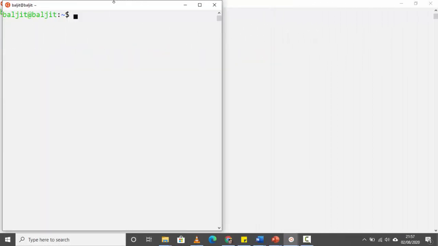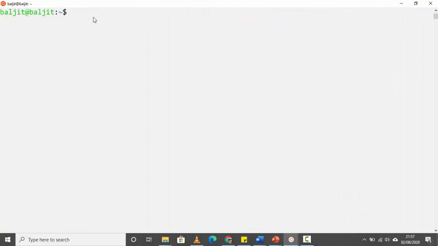open two terminals or two terminal windows. On one window, you write tail -f and then the name of the file for which you want to see the content being updated. Now see that the file remains open. That is, the control has not returned to the command prompt. In normal case, after listing the contents, the control came back to the command prompt, but not this time because now you will be able to see the contents once it gets updated.